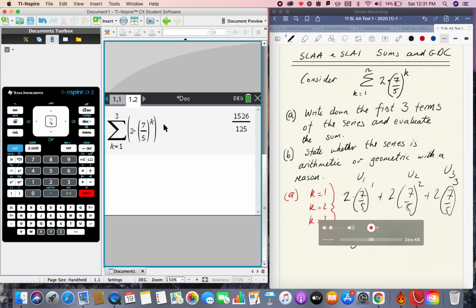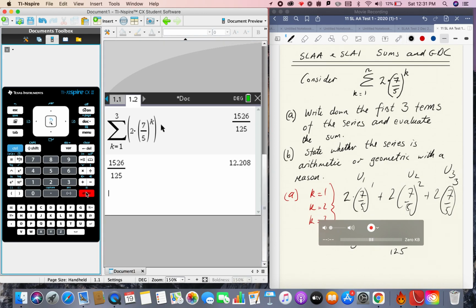We can write it down like this, 1526 over 125. The calculator gives an exact answer, or we can bring this down here and press Control equals, and we will get the answer as a decimal, which is equal to 12.208. I'll just check down here under menu,